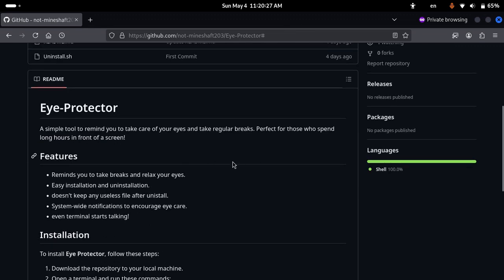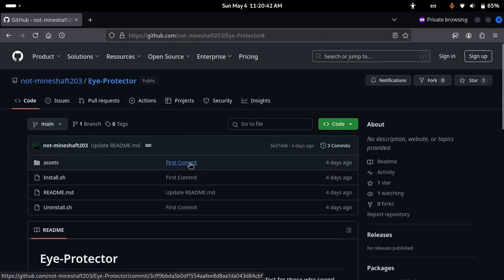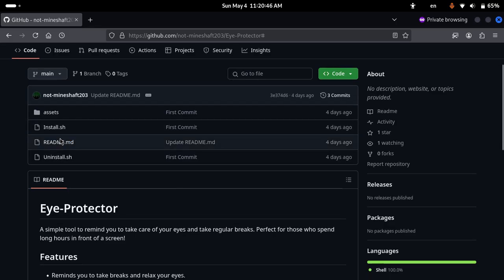And if you use Linux, then unfortunately you may feel a bit alone in terms of software compatibility. There are not many eye protectors out there. So I made a very simple and beginner friendly script. It has an installation file that will simply